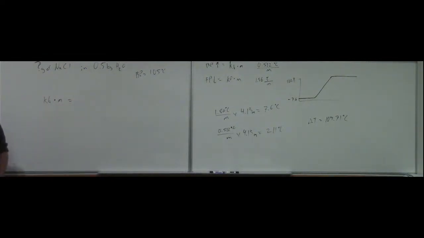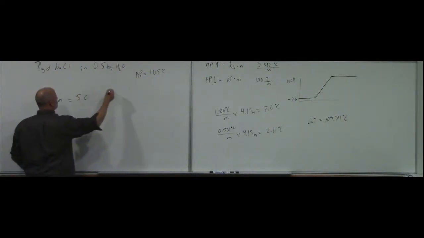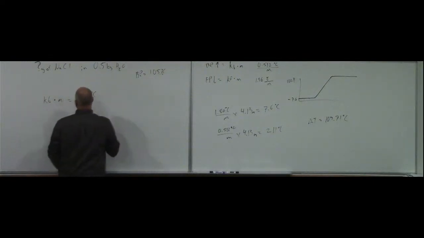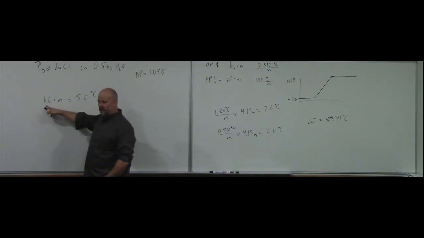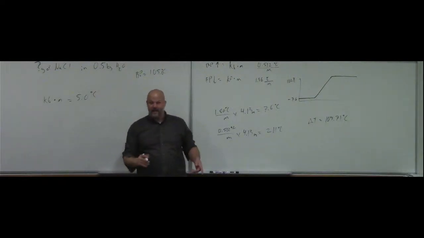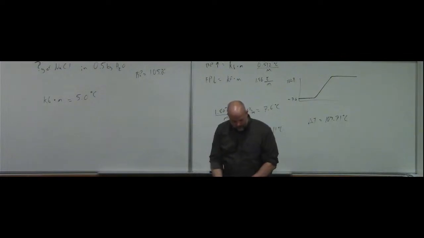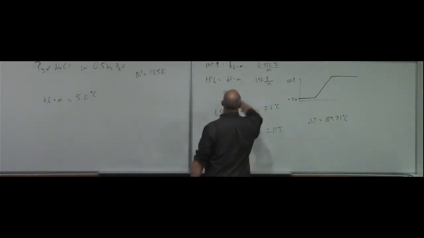Not 105, 5.0 degrees centigrade. So what this is going to let me do is solve for m, and I can work backwards because I have my kilograms of solvent. My boiling point constant for water is